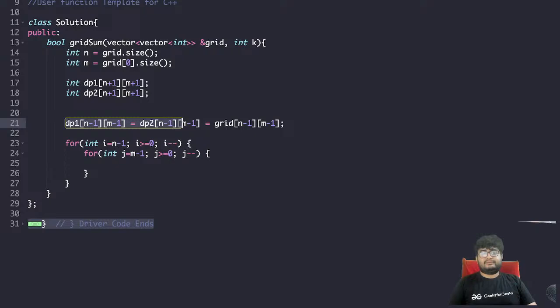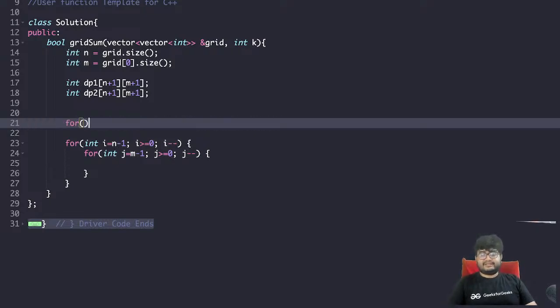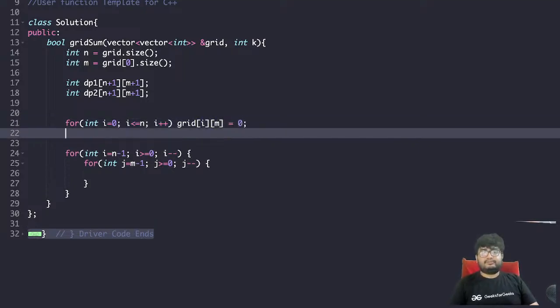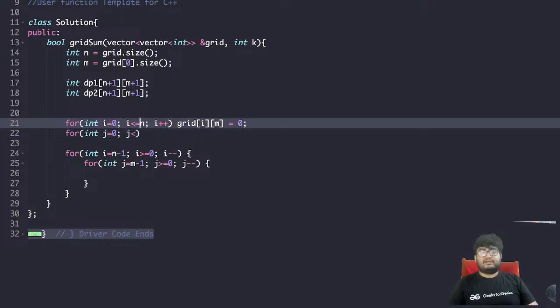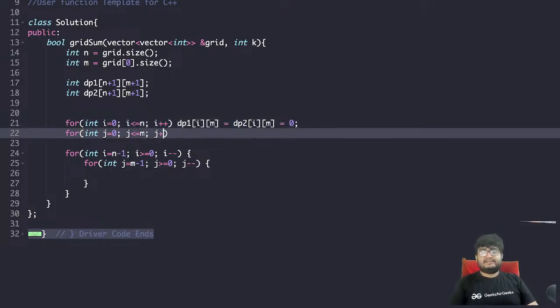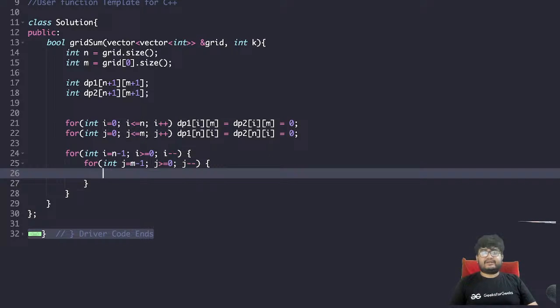So for, let's add two more conditions. For int i equals 0, i less than or equal to n, i plus plus, grid i m equals 0. And for int j equals 0, j less than or equal to m, j plus plus. Not grid, sorry, dp1 and dp2: dp1 n j equals dp2 n j equals 0. So for int j equals m minus 1, j greater than or equal to 0, in that case dp ij